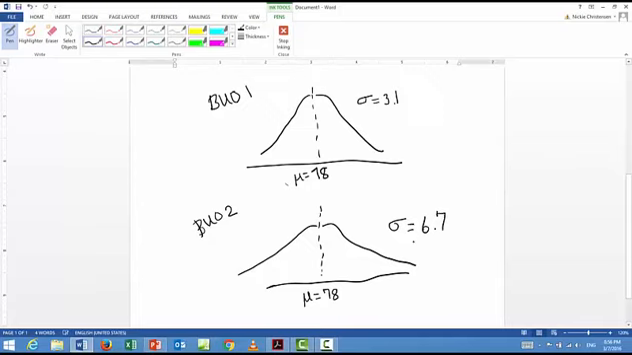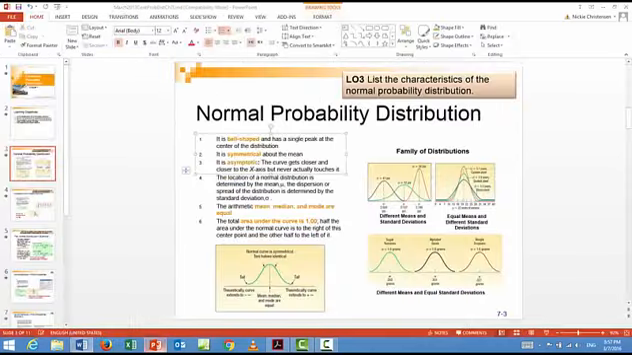The difference in standard deviation is reflected in the fatness of the curve, and that's why I had to go back and redraw this one. So the general rule is the taller and thinner the curve, the smaller the standard deviation. The shorter and fatter the curve, the bigger the standard deviation. So if we look back at our PowerPoint,